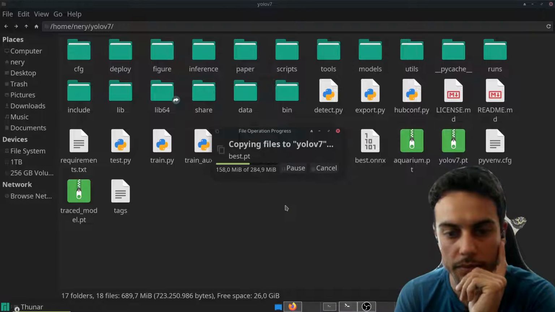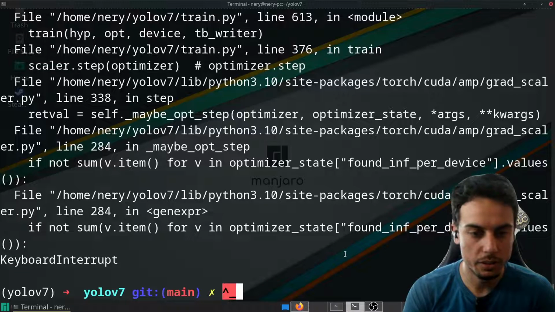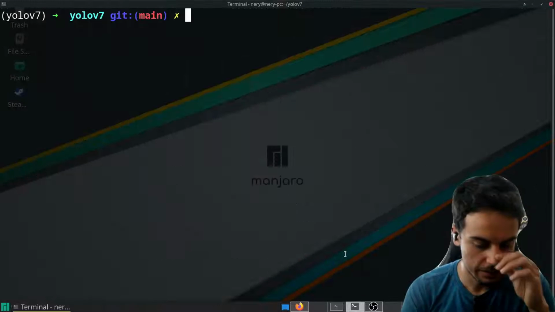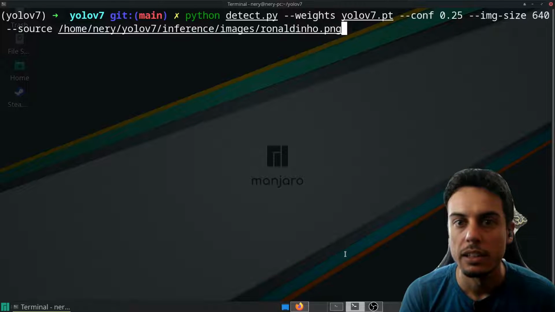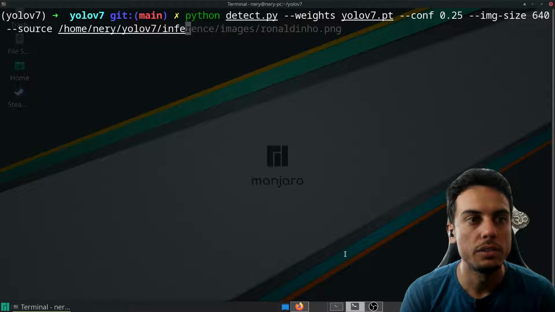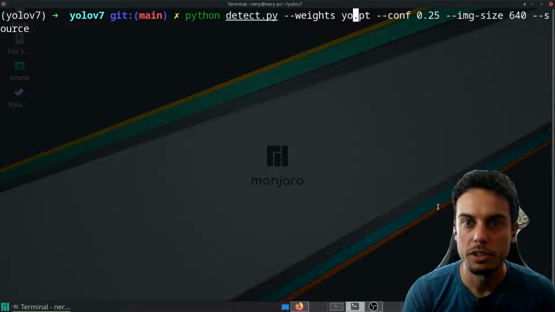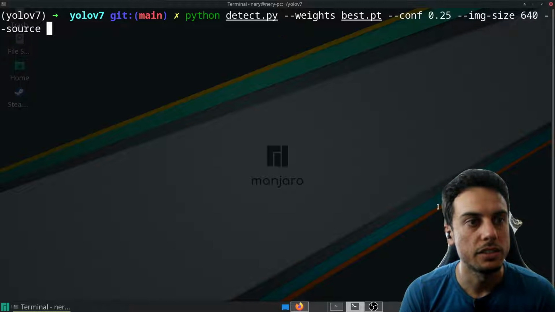Then you run the inference just like we ran it previously. You just type python detect.py, but now you use best.pt, which are the weights we just trained, and then as source